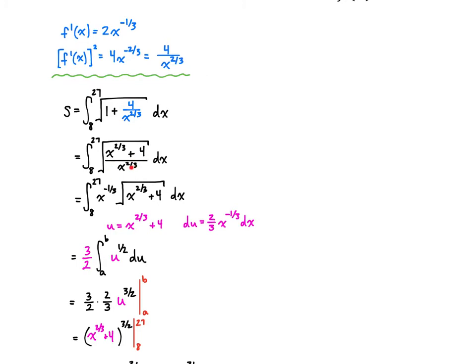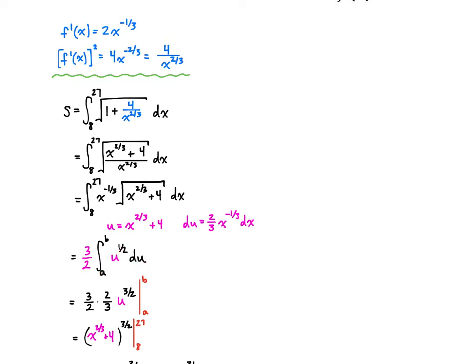Then we can take the square root of that denominator, which will bring an x to the negative 1 over 3 to the outside, times the square root of x to the 2/3 plus 4. Now we need to use substitution, which works out very nicely. Taking the derivative of what's underneath that radical, we get 2/3 x to the negative 1/3 dx. So we can make sure we bring out the 3/2 in front of our integral from a to b of